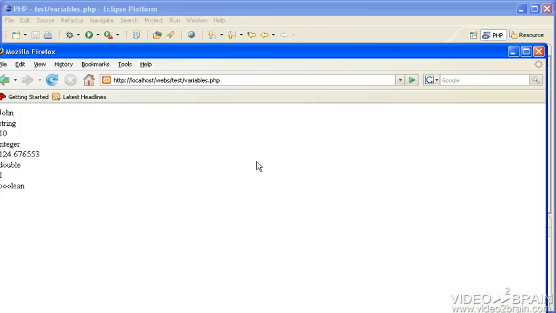What else do we have? Boolean, signed up for newsletter equals true. Echo signed up for newsletter. This is when code assist is nice in Eclipse, when you have long variable names like that. And we want to get the type as well. And we have Boolean. But why didn't it say true? It said 1. That's because it converts true to 1. So we should actually